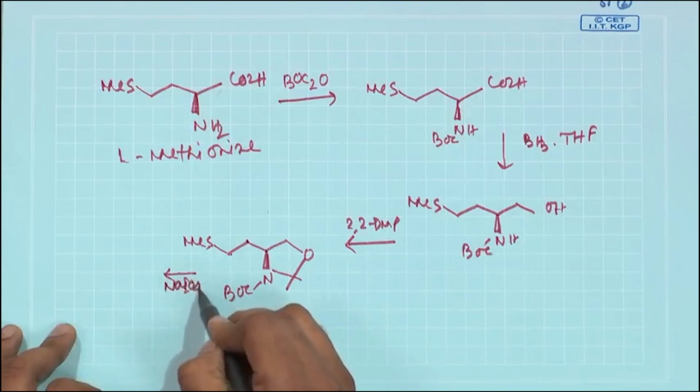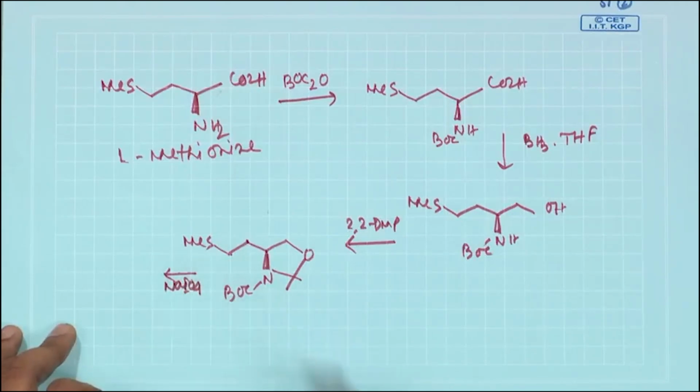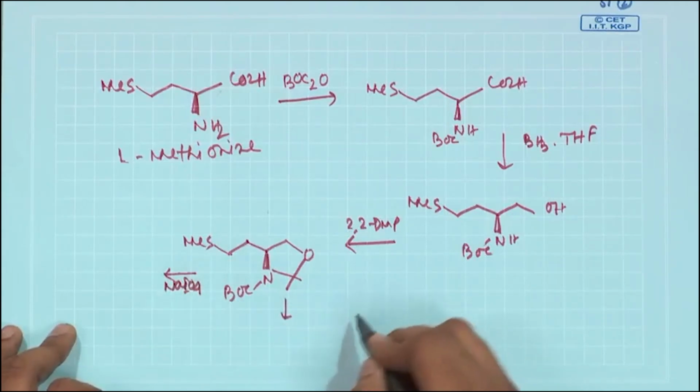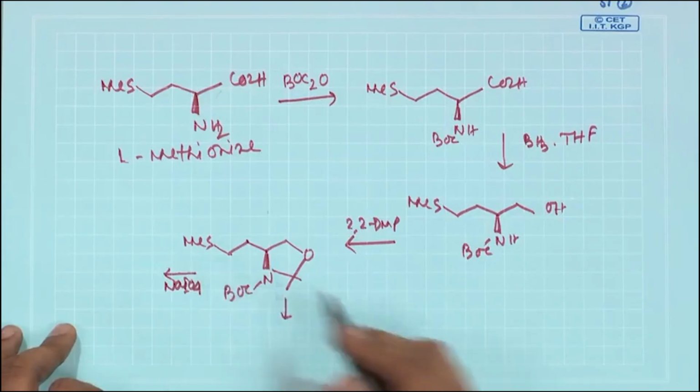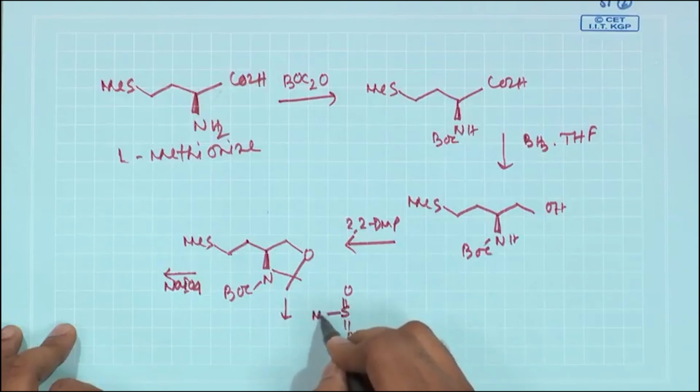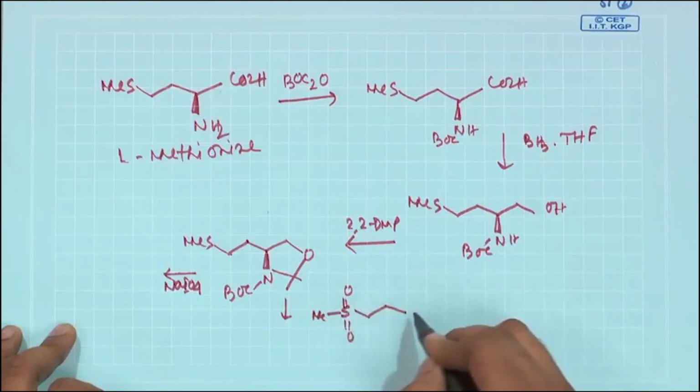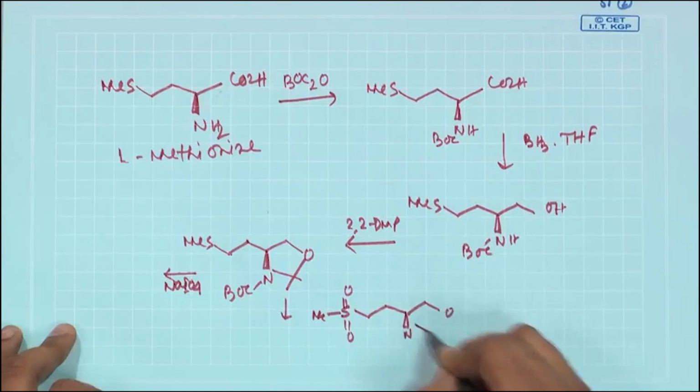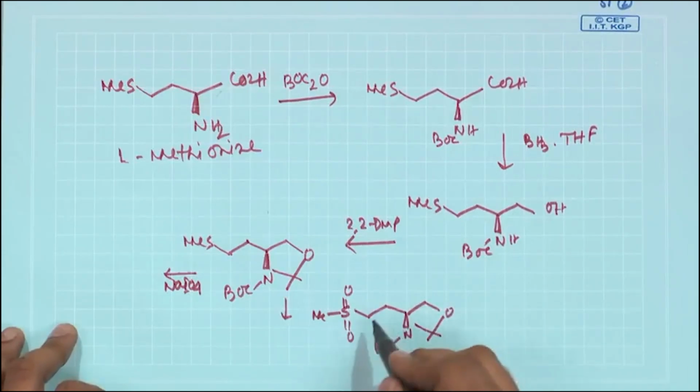Now, here what I do is oxidize the sulfur with an oxidizing agent, sodium periodate, to convert this sulfur to a higher oxidation state, a sulfoxide, in Boc. Now, sulfoxides are very strong electron withdrawing groups,